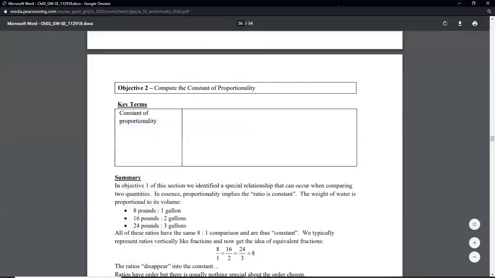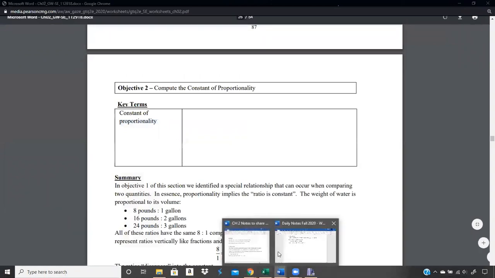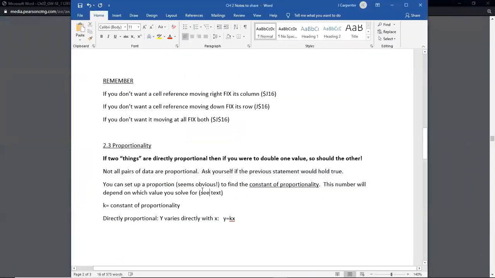All right. So back to our notes. Again, if one thing doubles, the other thing doubles, that's direct proportionality. But we're going to study other types of proportionality besides direct. But let's focus on direct for now. You can set up a proportion to find the constant of proportionality. This constant of proportionality,